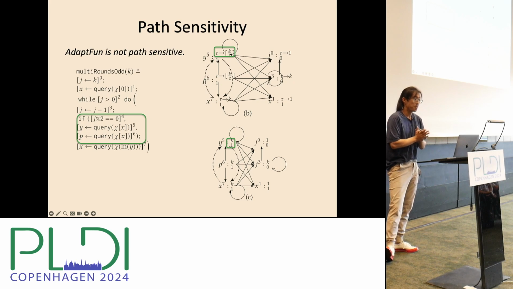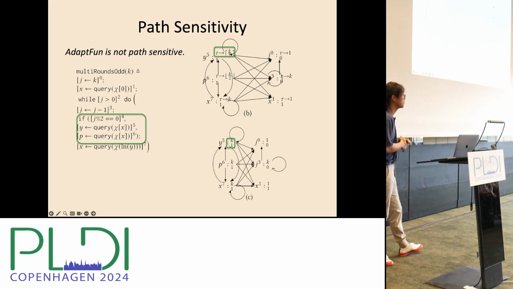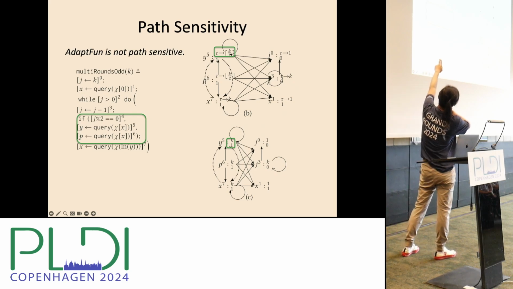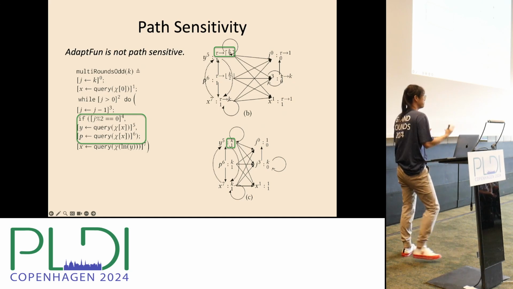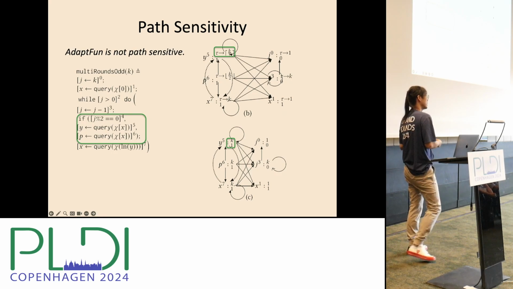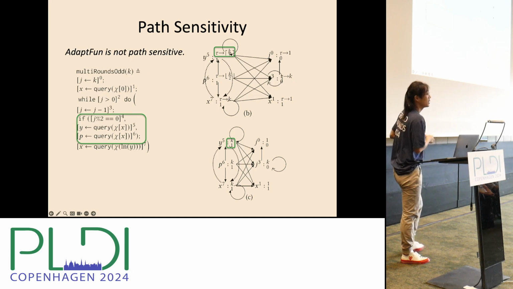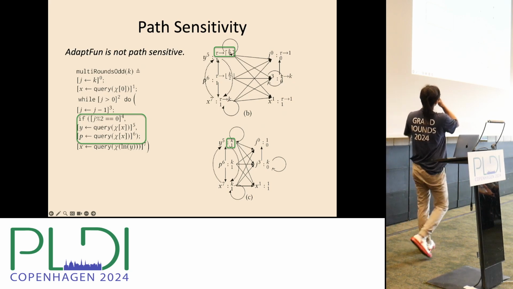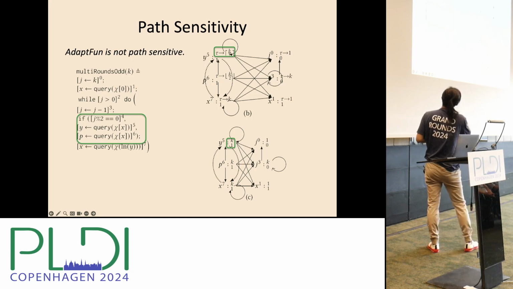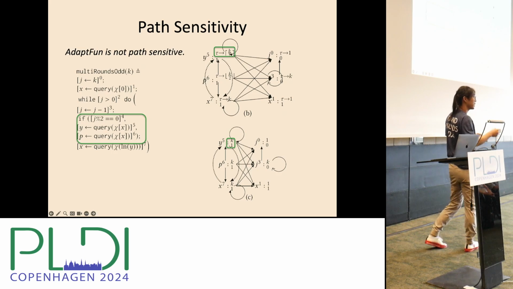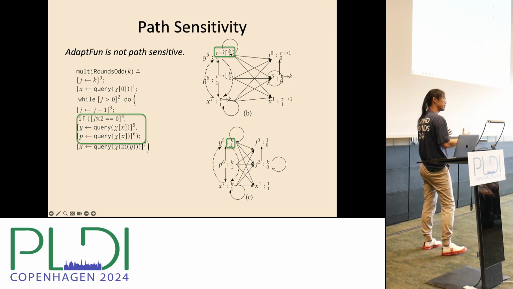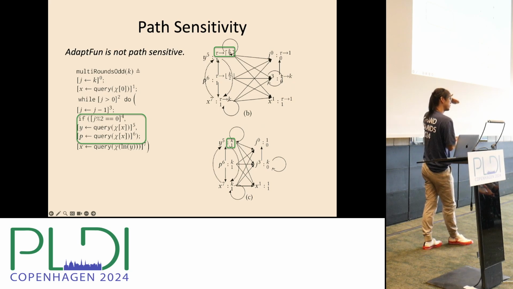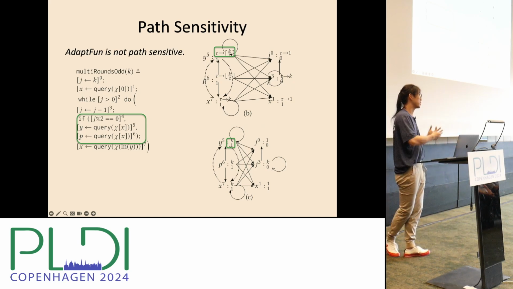There are also some limitations to our tool. It is not path sensitive. For example, we have a very simple example that has a while loop, and depending on whether the iteration is odd or even, we have different query requests. I call it multiple round odd. If you look at the semantic-based graph here, it shows that the weight is 2 over k, so it can handle odd or even iterations. But the reachability bound analysis will give a loose bound k for every node. In this case, our tool will give a loose upper bound.